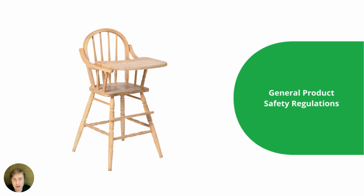Right, and finally we have the General Product Safety Regulations. What's interesting about the GPSR in the UK is that, just like the counterpart in the EU, the General Product Safety Directive, it serves as a catch-all. If a product is not covered by specific measures, specific regulations, specific standards under another regulation, then you still have to ensure compliance with the broader provisions of the General Product Safety Regulations, meaning that they can be